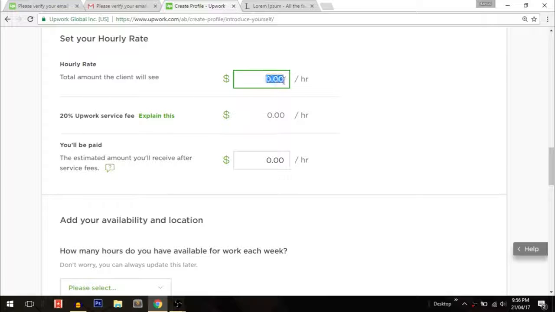Now this is the most important part, okay? This is the hourly rate and the total amount the client will see. So you can define the hourly rate for your service. I will suggest you to put $5 per hour if you are a beginner. And if you have some experience, let's suppose 1 or 2 years of experience, and if you